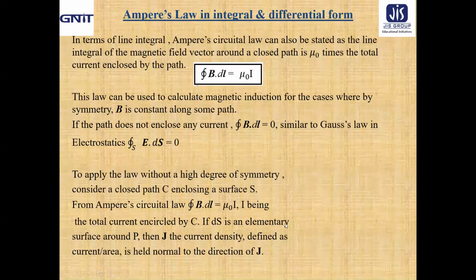Now, in terms of line integral, this Ampere's Circuital law you can state in a much more simplified way too, as the line integral of magnetic field vector around a closed path is mu naught times the total current enclosed by the path. Simply you can write it or you can state it. That line integral of the magnetic field vector around a closed path is mu naught times the total current enclosed